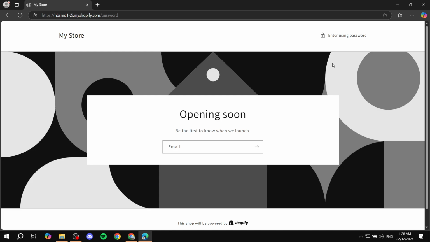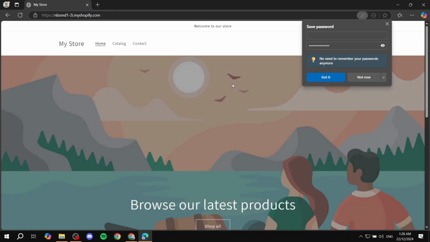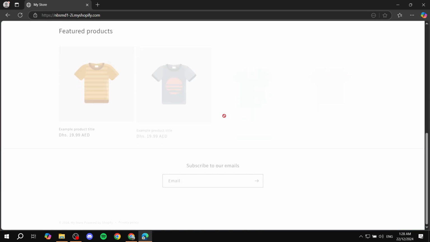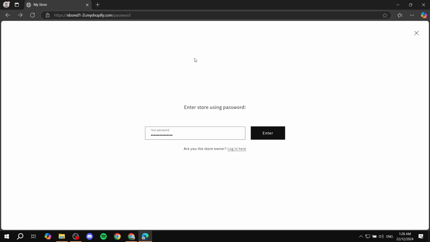And what they are going to see is a screen like this, which you can also further adjust. You can actually add some text here in the middle, which I will show you how to do in a sec. But they will need to enter using password, and they will use the new one, which is "whatever you want." As you can see here, whatever you want, hit enter, and they will basically enter the site. And to add the text that I talked about here,